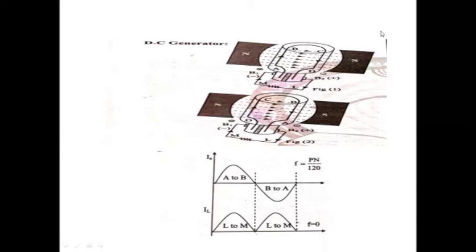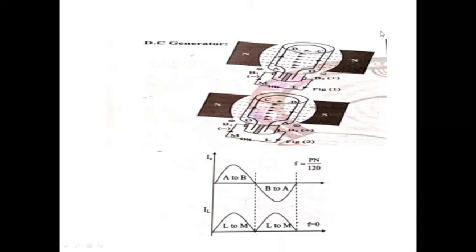So we have the parts, North Pole and South Pole. Then we have the conductor A, B, C, D. And we have the brushes, B1 and B2. Now just listen carefully. With the slip rings, the brush B1 is always in contact with the conductor AB. Just see the figure. The brush B1 is always in contact with the conductor AB, whether it exists under the North Pole or South Pole.